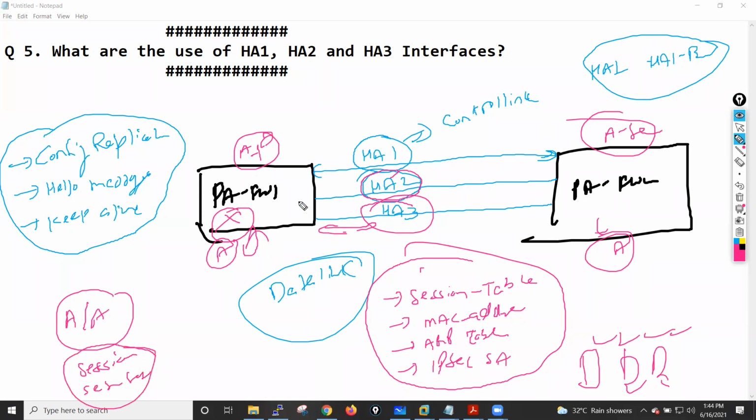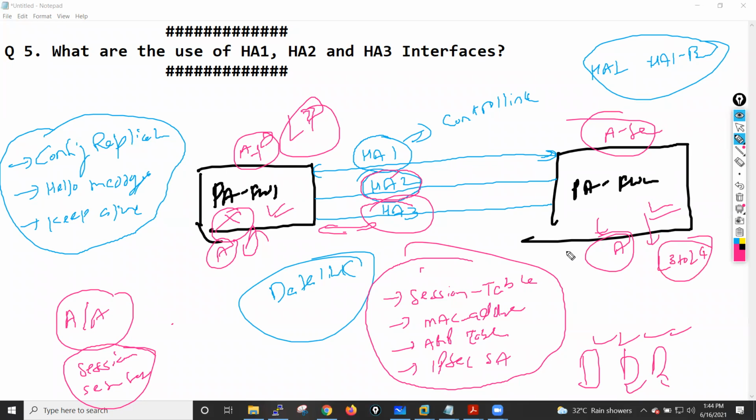Let's suppose for one packet this firewall becomes session owner and this firewall becomes session setup, right? The session owner firewall performs all your layer 7 functionalities, and the session setup firewall performs your layer 3 to layer 4 functionalities.